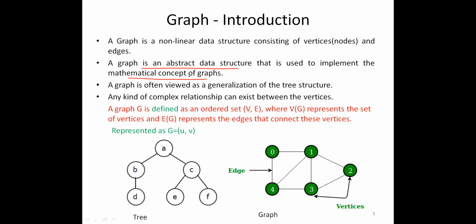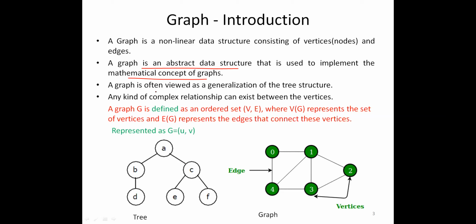So it is an abstract data structure. An abstract data structure tells only the basic details, not the implementation details. It gives only the abstract details of the operation. Whatever abstract data structures we have seen, that is linked list, array, stack, queue, tree, all come under abstract data structure. Wherever you come across the acronym ADT, it is nothing but abstract data structure, or abstract data type.